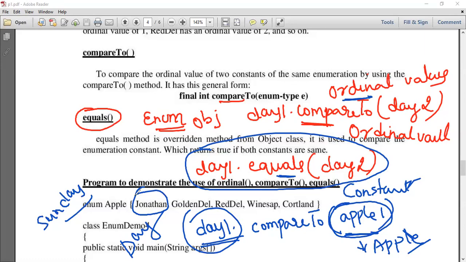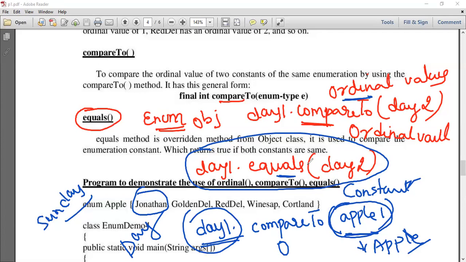So it will return 0, because the ordinal value of both of them is 0. So compareTo can be used on two different enumerators, whereas equals should be used on the same type of enumerators.